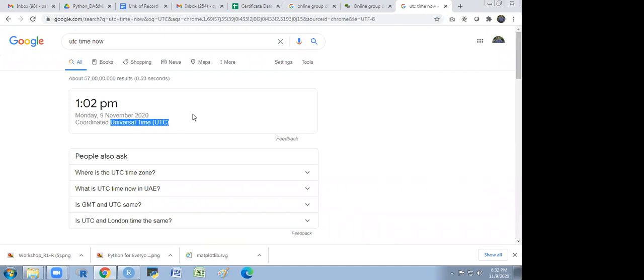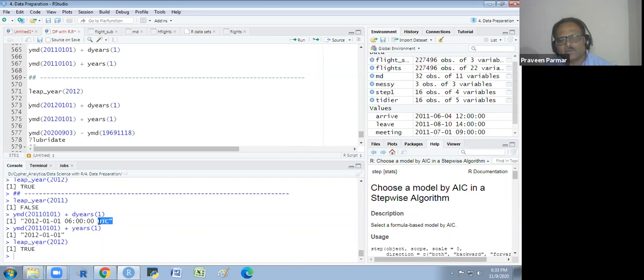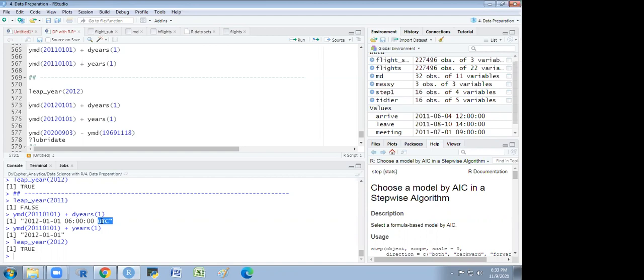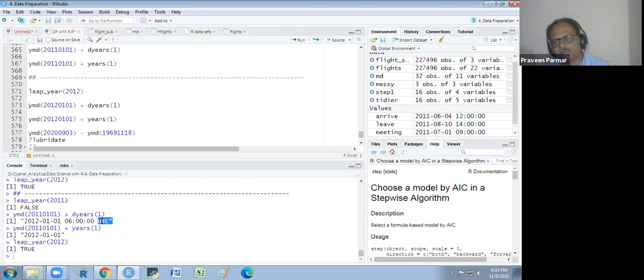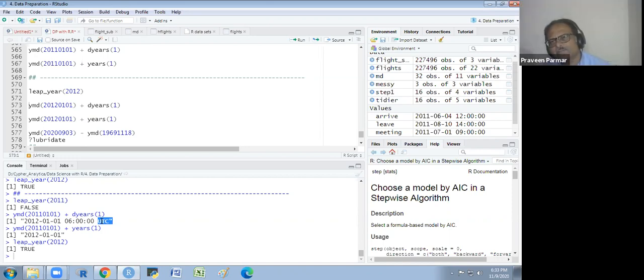I mean, why is it used? That time varies from zone to zone. It will always convert to universal time when you are not mentioning the time zone. So by default, what will it take? Universal time coordinated. Is it equal to Greenwich Mean Time? No, I don't have much idea about it. Okay, fine.